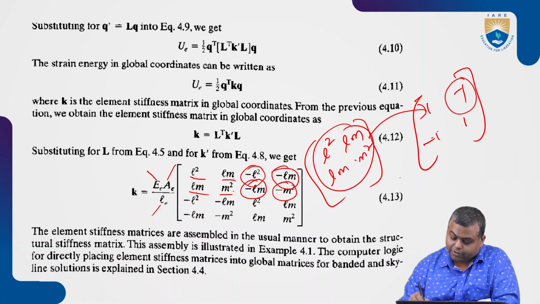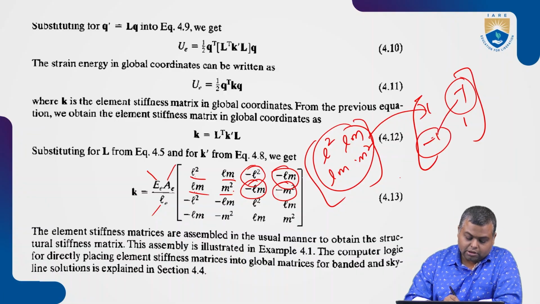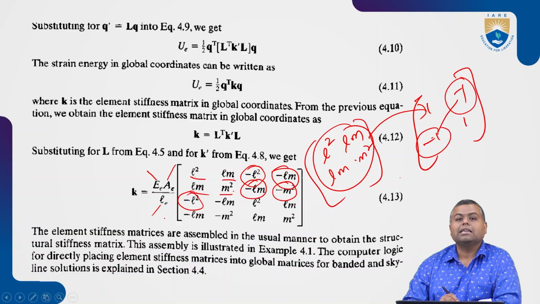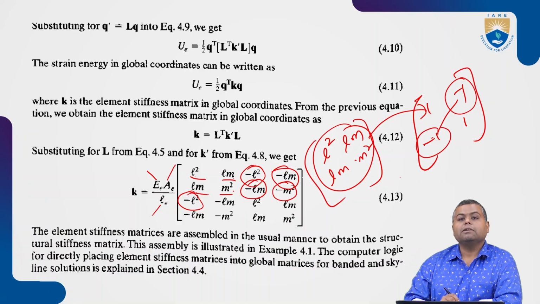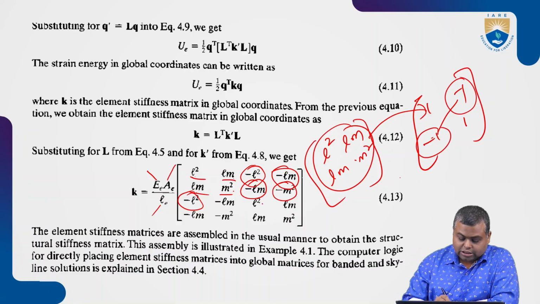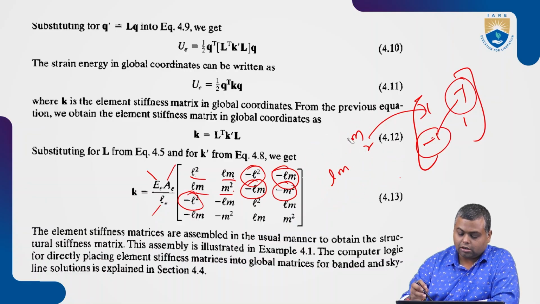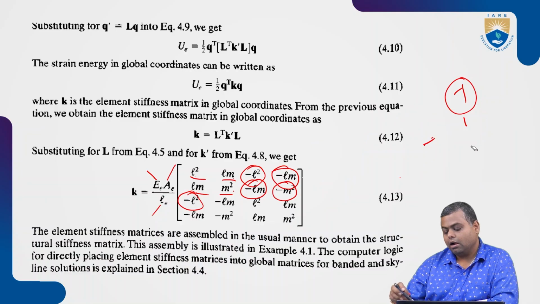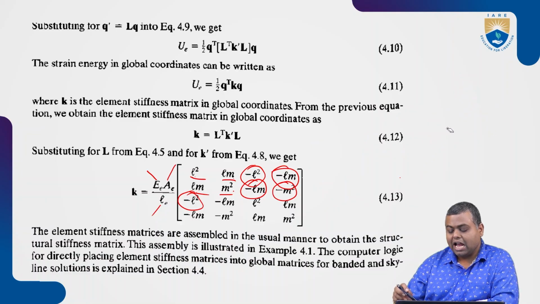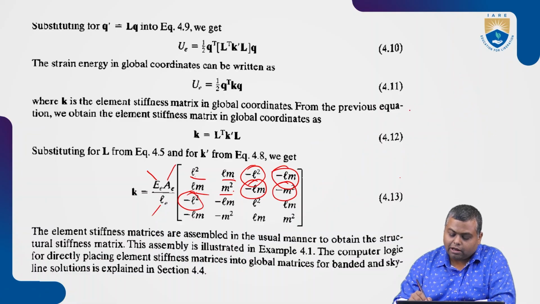Similarly, following the diagonal principle, that is minus L square, minus LM, minus M square, and L square, LM and M square. So this is the matrix we have derived for a truss which has 2 degrees of freedom at each